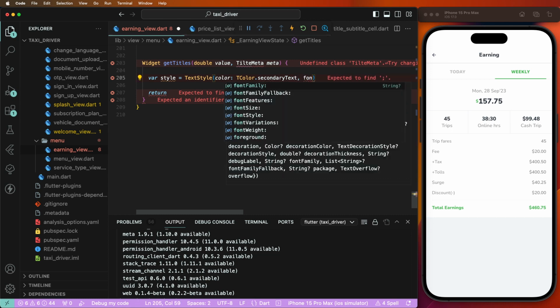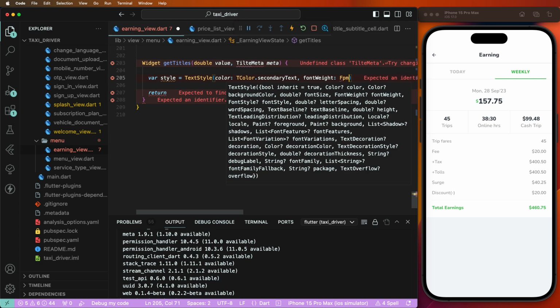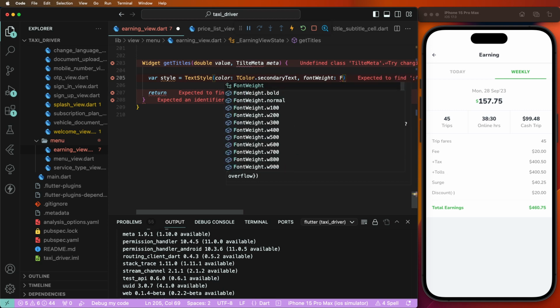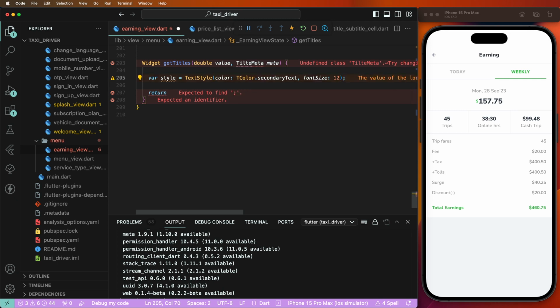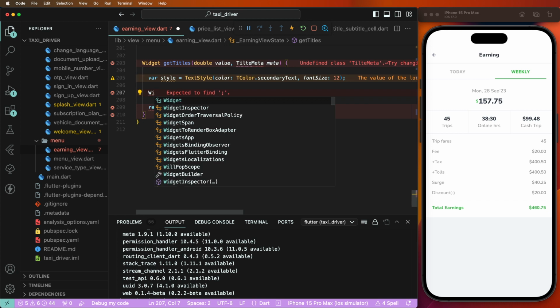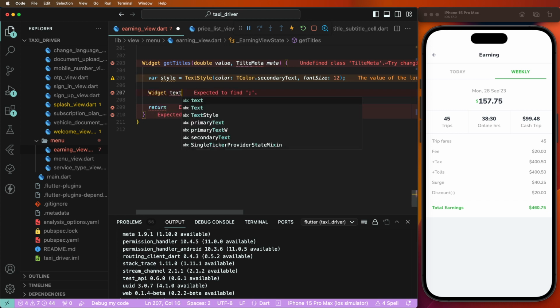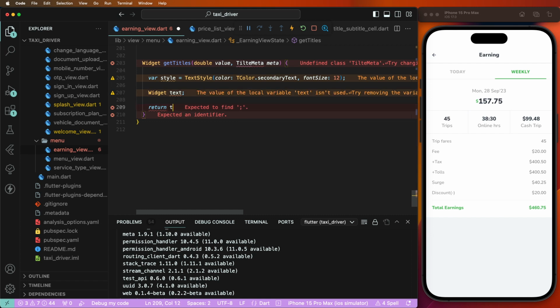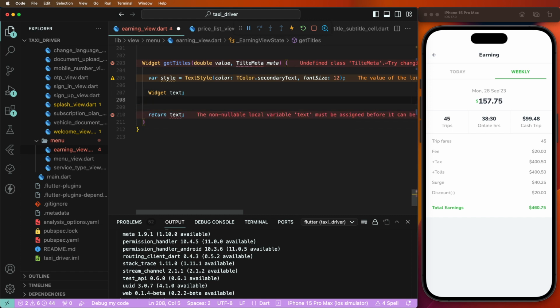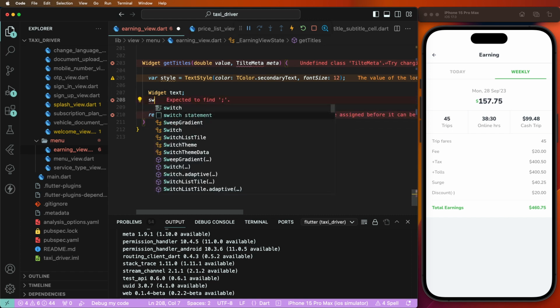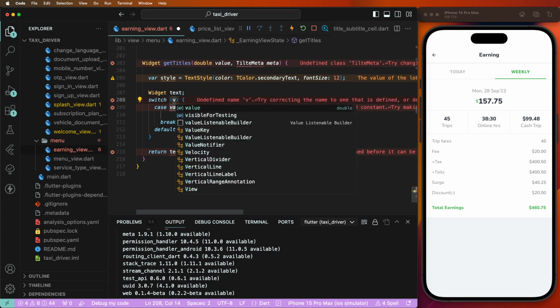Set here font weight. Set here font size only. Here like sets. Give these semicolons. Now need to create here the heads for this text. Here I need to return this here. Now need to set the switch case and give this here the value of